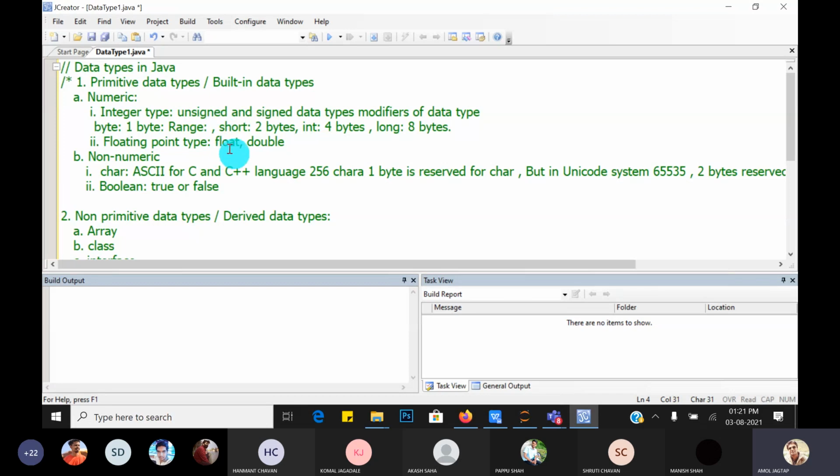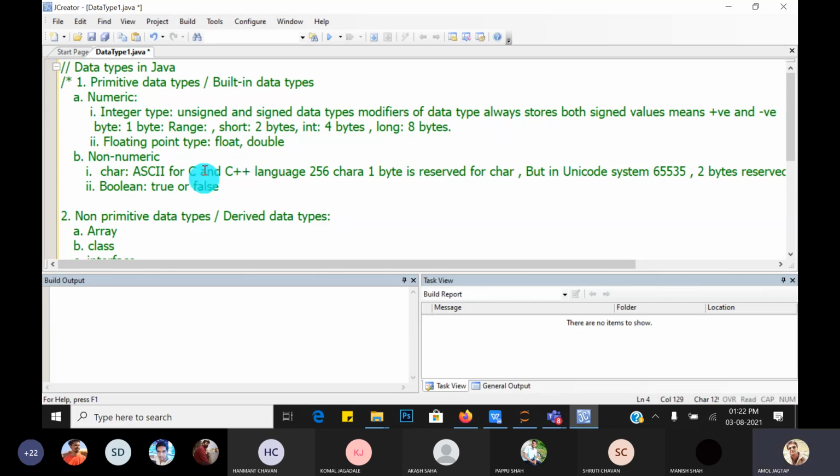But in Java, guys, note that Java does not support unsigned and signed modifiers. Instead, every integral data type always stores both signed values, meaning positive and negative.